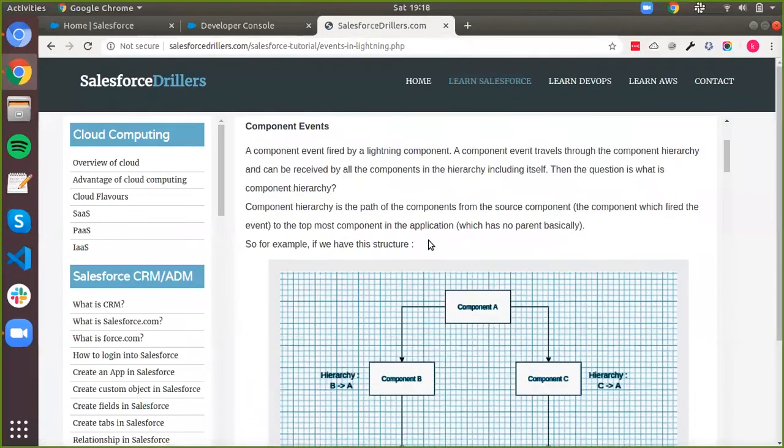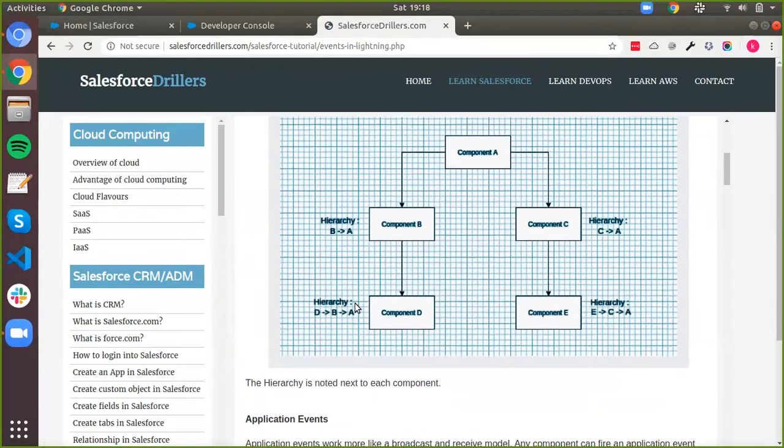Let me go back to this example. The hierarchy always goes from the main component and upwards. So if I send an event from my component B, it will only travel upwards in the hierarchy if it is a component event, and it can only travel from B to A. What I'm trying to say is, since the hierarchy only goes upwards, for this component B it goes from B to A, right? So there is no way to send the event information from B to D by component events. That is why component events only travel from the child to the parent.